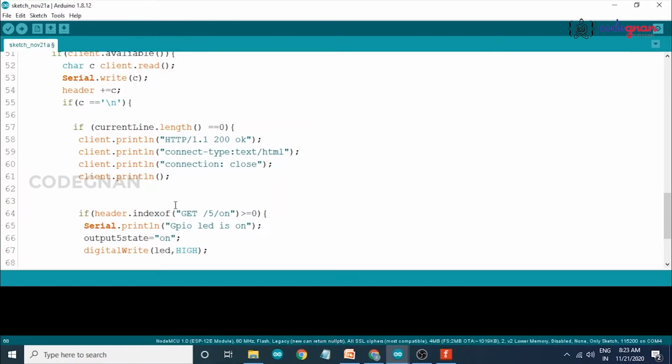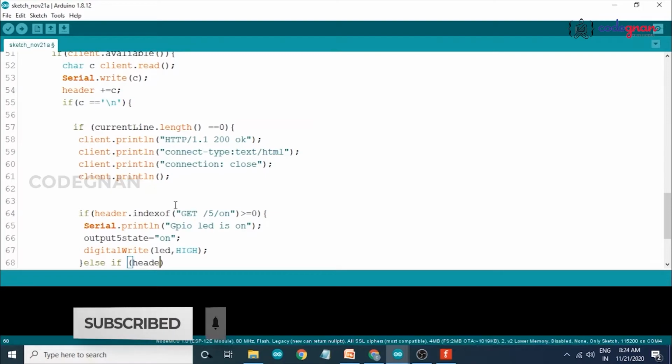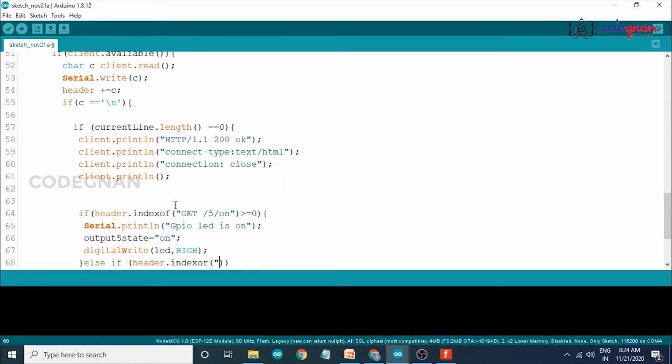Now close our bracket and write the else condition. Else if header dot indexOf GET /5/off is less than or equals to 0.